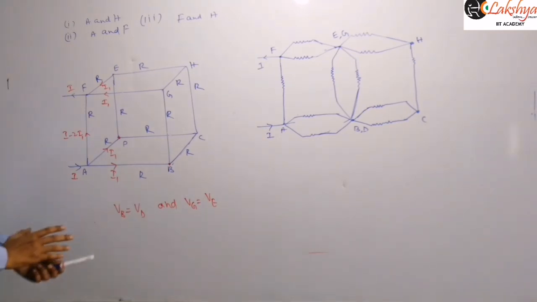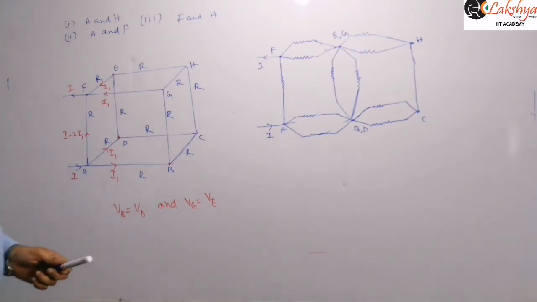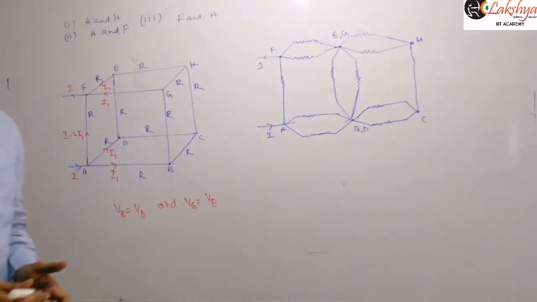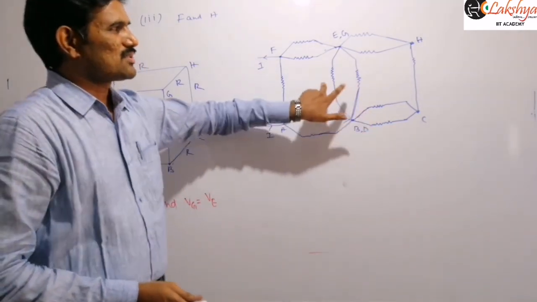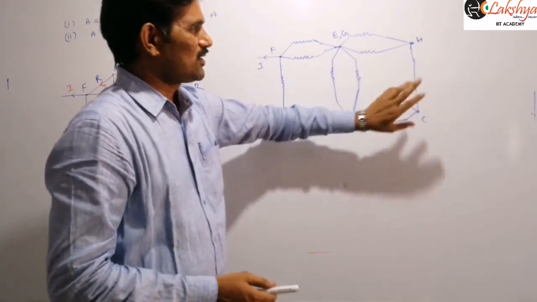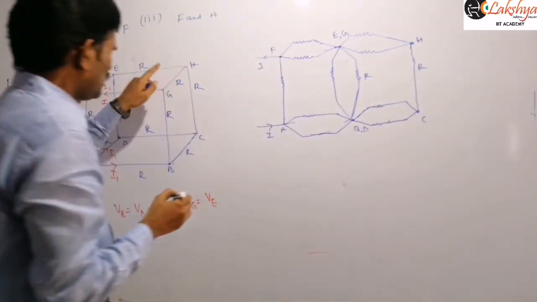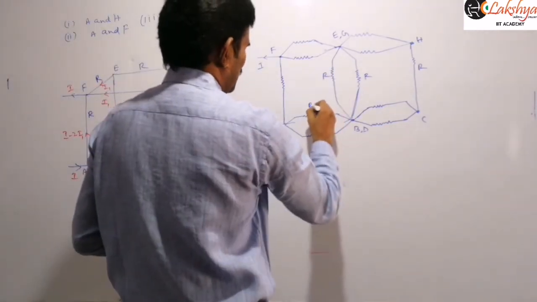By identifying equipotential points, we are joining them. When you are joining them, you will get a circuit like this. And so now you can simplify the circuit now. I think you can solve this circuit here, right? So that means R by 2, and this is R by 2 and R by 2, and this all will remain R only. That means only one resistance will be there here. This resistance, C2H resistance.